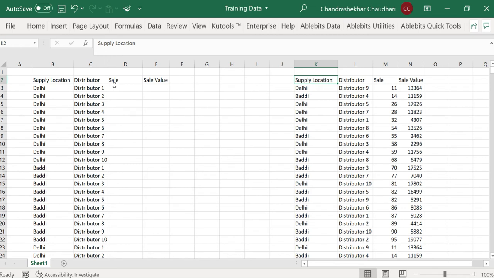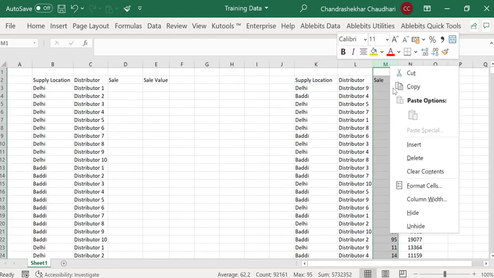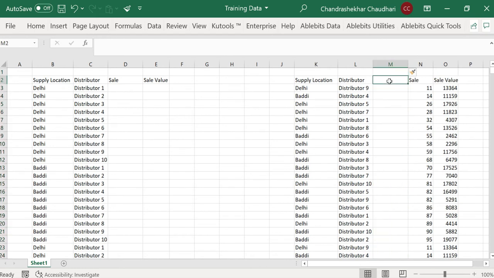Now, traditionally, with the Excel tool, the only way you can deal with this kind of data is you go here, insert some columns, and concatenate this data, which is your supply location and distributor.